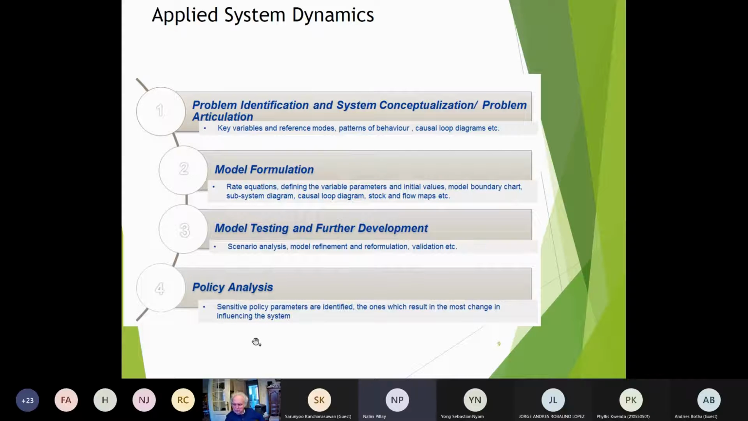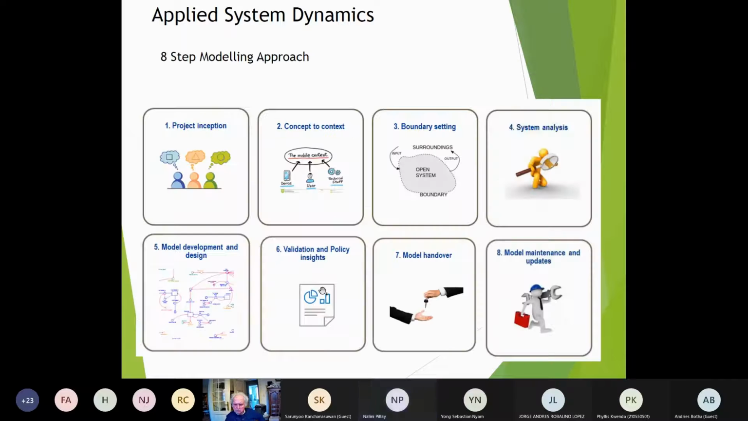And then, of course, we get to the heart of why we're actually using system dynamics modeling. It is, of course, the perfect tool to test different policies, to do your sensitivity analysis and your scenario analysis, to try and understand the impact of your policy decisions. Now, in terms of the 8-step modeling process, which we actually follow very, very rigorously, we have, firstly,